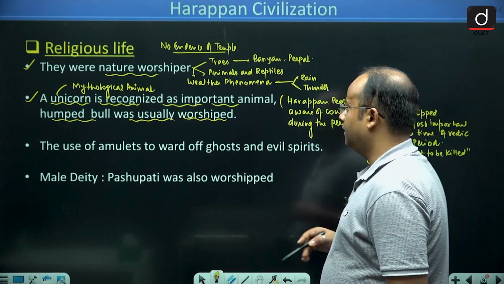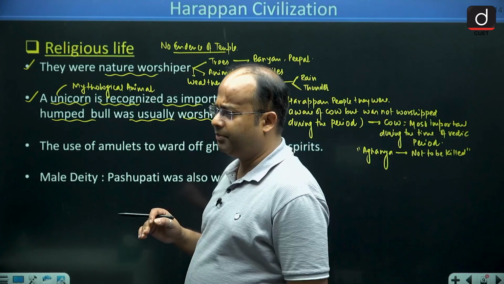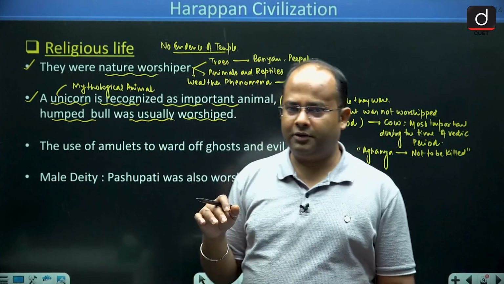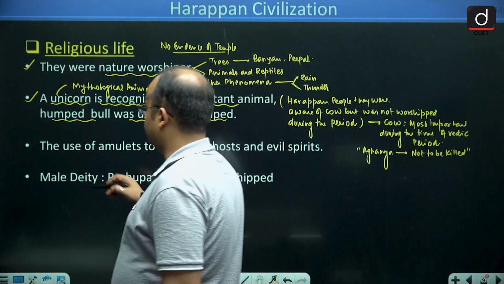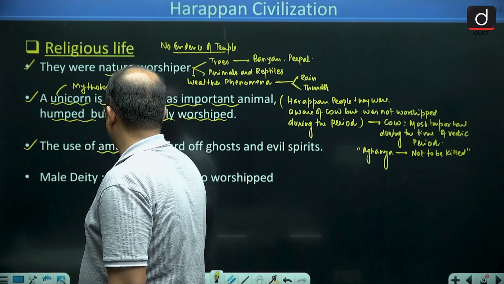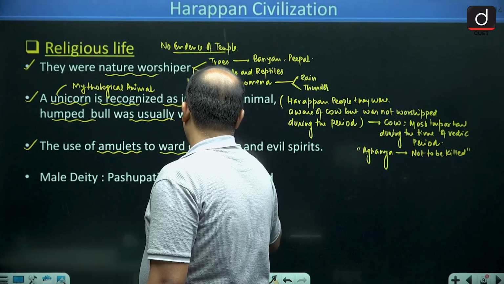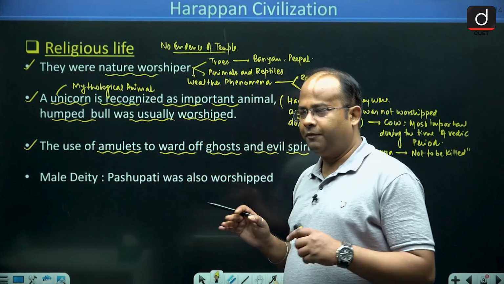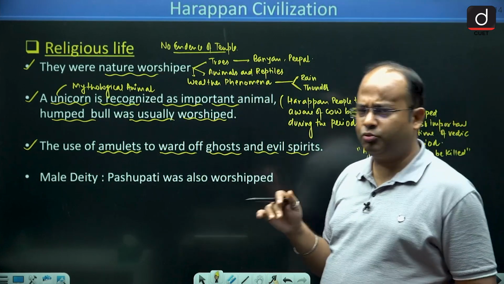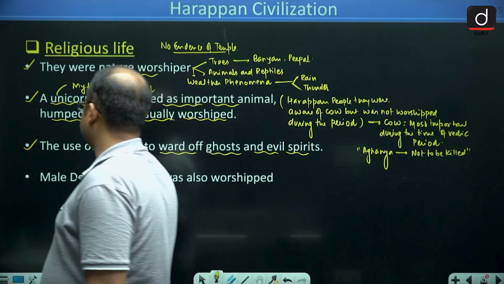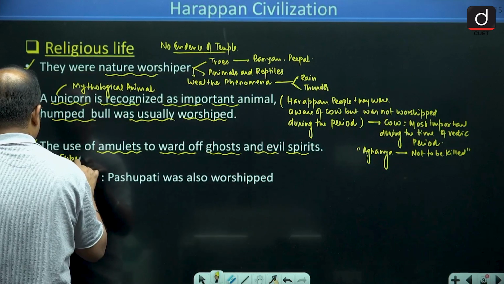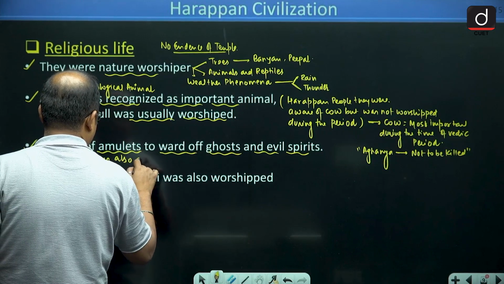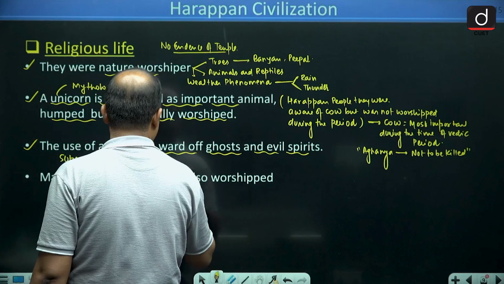Not to be killed. Now guys, you will find that the people of Indus Valley Civilization were superstitious as well. Therefore they used amulets to ward off ghosts and evil spirits. They were a bit superstitious, and they believed in ghosts